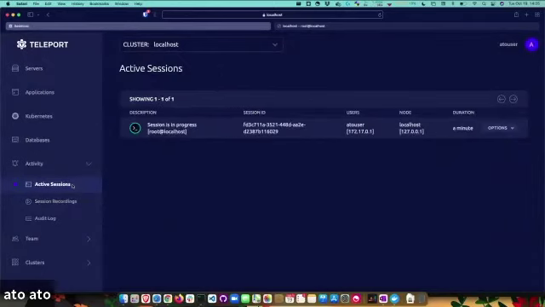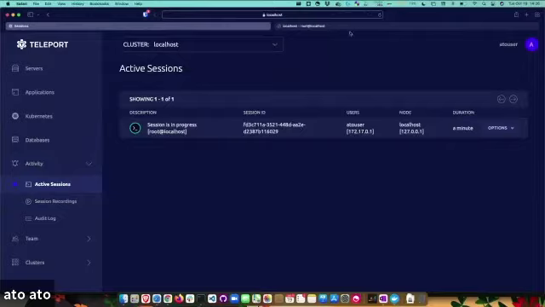And I can see an active session going on. This is great when you've got distributed teams and environments, so you can actually see what's happening in real time within your environments. And you could actually join these sessions. So I could join a session if you're doing peer programming, or maybe a production server requires multiple people to authenticate and be a part of it. You could join that session.